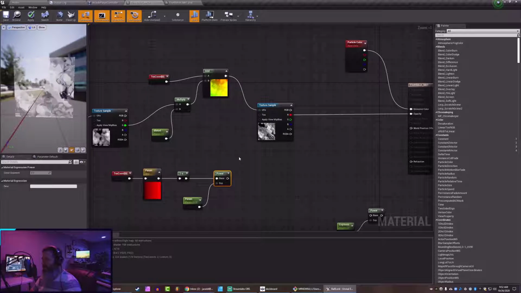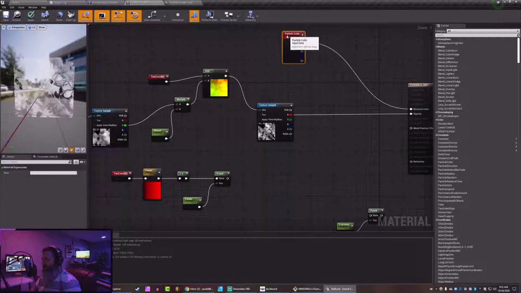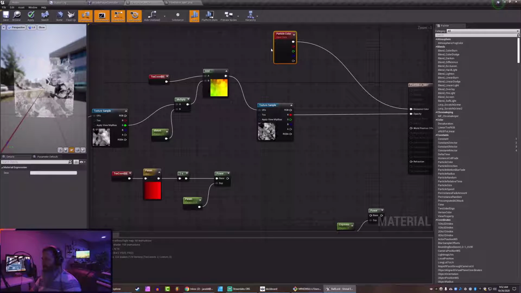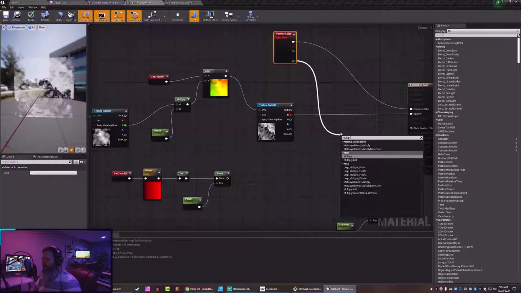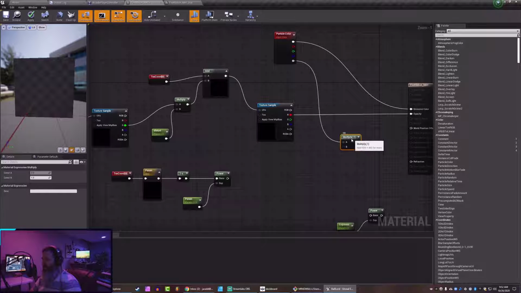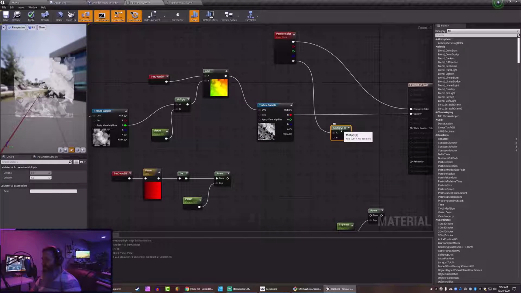Now, whatever the particle color is coming in as, which I'm going to be tweaking to be some kind of gradient, let's multiply this by